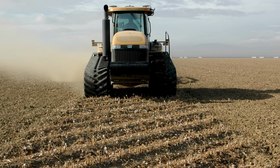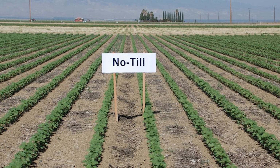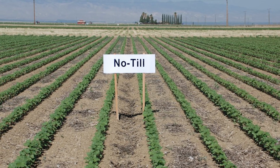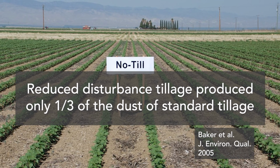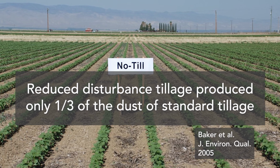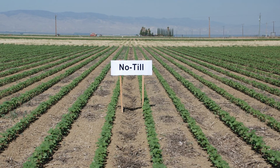with conventional approaches. In 1999, landmark work on soil health management systems for California cotton was started at the University of California at the Agricultural Experiment Station in Five Points, in a national research initiative project that has been in place at that site ever since. Originally designed as a study of the potential for reduced disturbance tillage to reduce particulate matter or dust emissions from production fields, the project was the first effort to integrate the widely recognized key principles of soil health that include